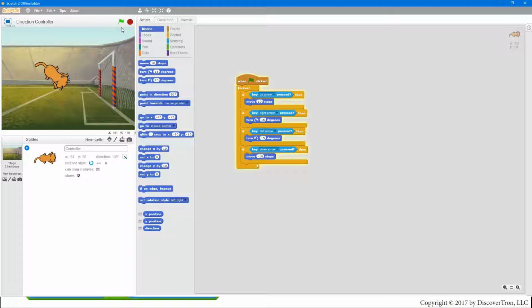Okay, now if you want to have some fun, you can go over here and change the information on how much it moves. So if I change it to 1 step, it goes forward very slow. If I press back, it still goes 10. You can go over here and change that to, say, let's double the amount it turns right, and then let's lower the amount that it turns left. And so it moves slow. If I turn right, it turns fast, but if I turn left, it goes very slow. Fast right, left slow. Now if you press the arrow keys at the same time, you'll have some interesting results